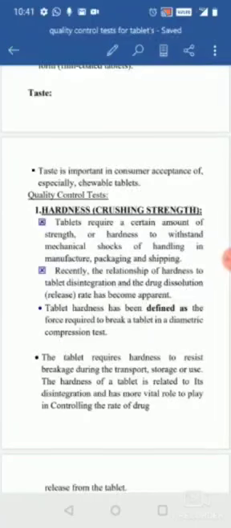It is going to release chips or broken fragments, or it is going to give the tablet an uneven appearance. Or if it contains less hardness, then the tablet is not going to show proper release of the drug. There is a variation in the release of the drug also. So for that, the tablet should contain a certain strength or hardness to withstand the mechanical shocks of handling,